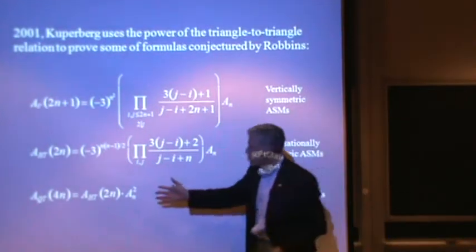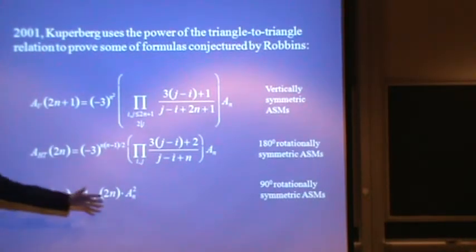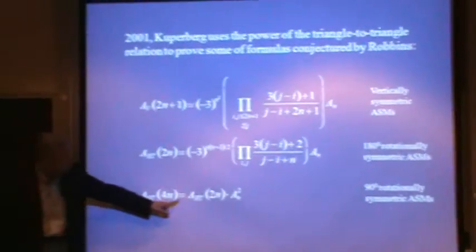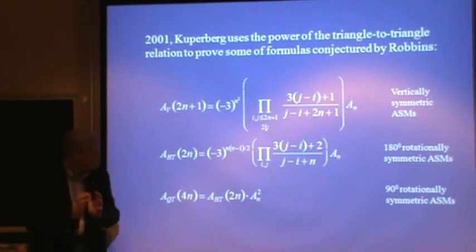There also is this formula for quarter-turn symmetric alternating sign matrices. They're unchanged if you do a 90-degree rotation, and I love this formula. It's been verified, but nobody has any idea why it has this particular nice form that it does. That the number of quarter-turn symmetric of a 4n by 4n matrix, you take the number of half-turn symmetric alternating sign